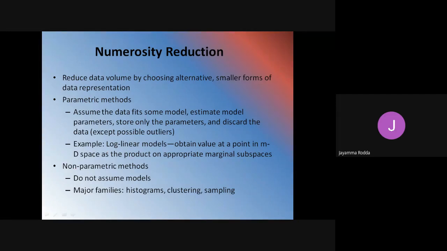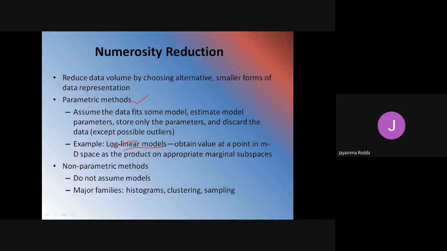If I am saying parametric methods, in these parametric methods, log linear models are the best example. What do we do in log linear models? We obtain a value at a point in space as a product of appropriate marginal subspaces.